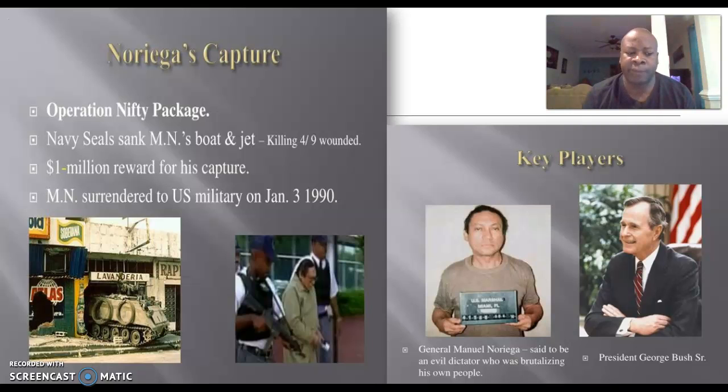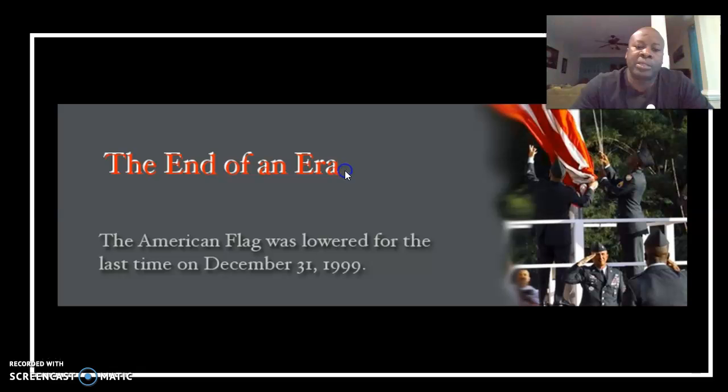But Noriega was finally captured and handed over to the U.S. on June 3rd, 1999, where he was indicted back in the U.S. by the DEA. All right, as you see here, the flag of the U.S. was finally taken down on December 31st, 1999, when the U.S. gave all control of the Panama Canal back to Panama and removed its